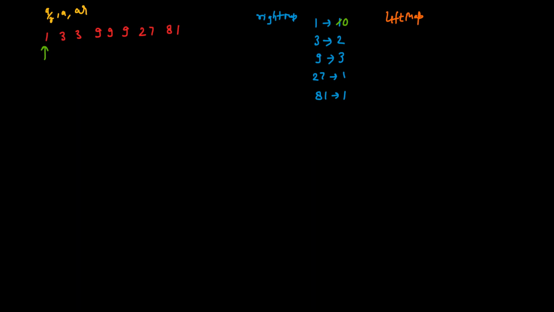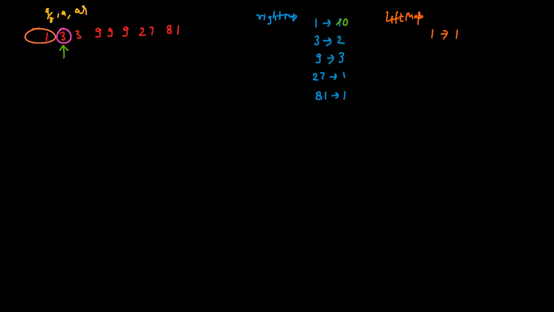Now we'll process this 3. But before that, what is on the left hand side, guys? 1. So the left map will have 1, since I'm taking this as a, and this is on the left hand side. So let me increase the frequency in the left map. For one element we have 1, right? And for the right hand side, we have to remove the frequency of 3 also, because now 3 is a, which is the processing element.